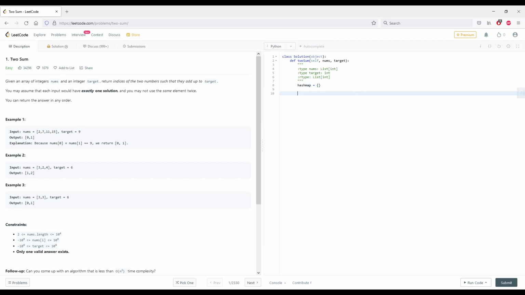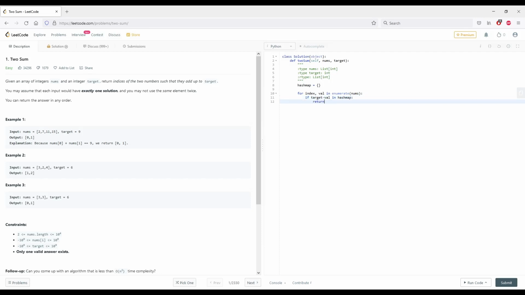And then for index, val in enumerate(nums), this is the notation to get the position, the index, and the value at the index at the same time. So we want to check if target minus val is in the hash map,